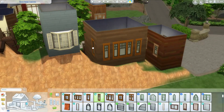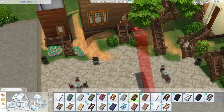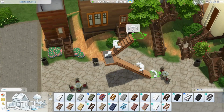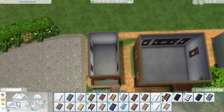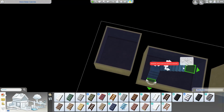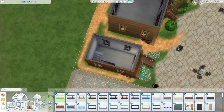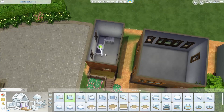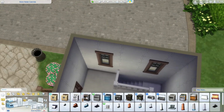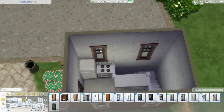You can see I'm just putting some of the final touches on the outside, putting those windows everywhere, and I'm going to start doing the stairs on the inside of this first house. I only do the first 4 houses in this video, and as you can see I'm